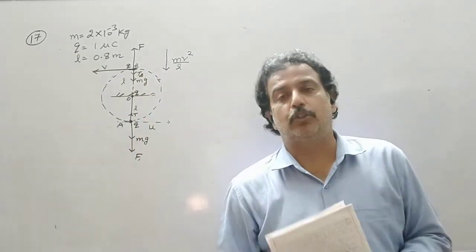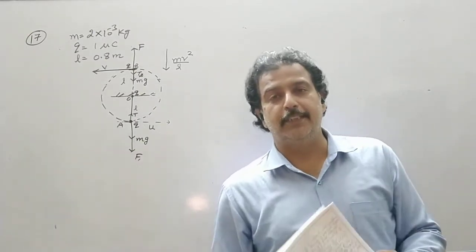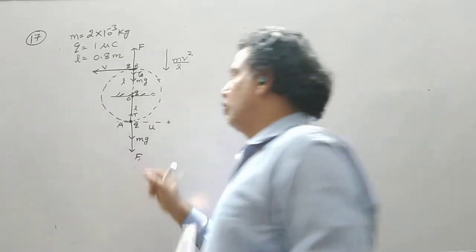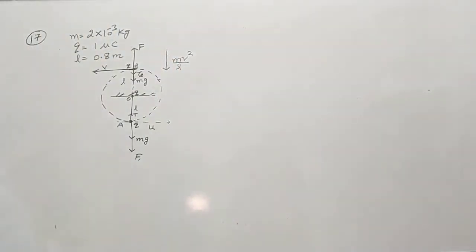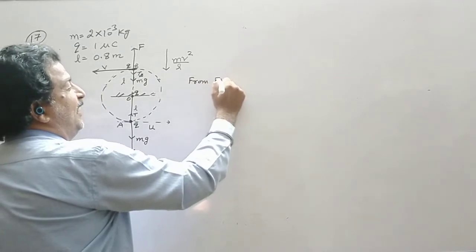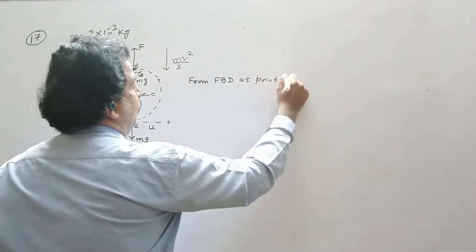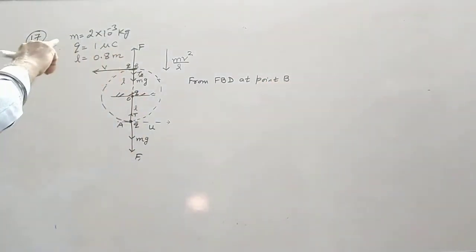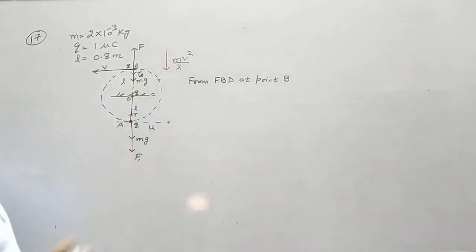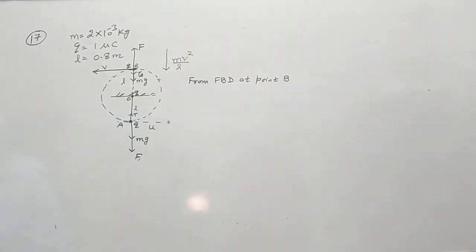Then the tension at the topmost position, that we have done in rotational motion or circular motion theory in 11th. So at the topmost position, the tension is 0. And we draw an FBD, that is a free body diagram, at point B. So if you see the diagram, we have T2, mg and centripetal force directed towards the center. So the direction of this centripetal force is taken as positive.